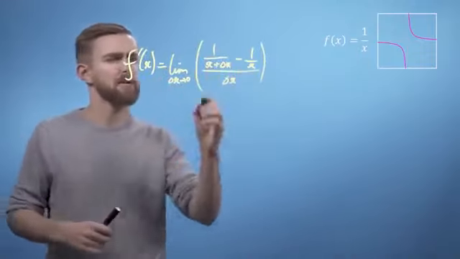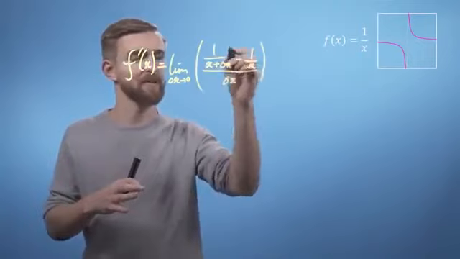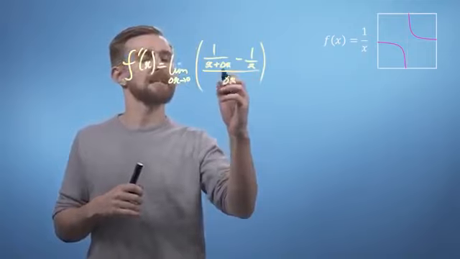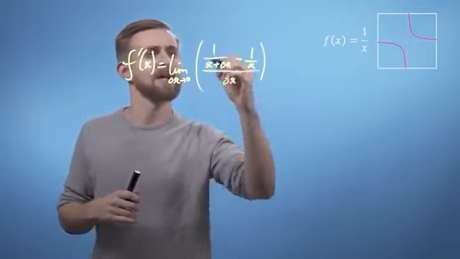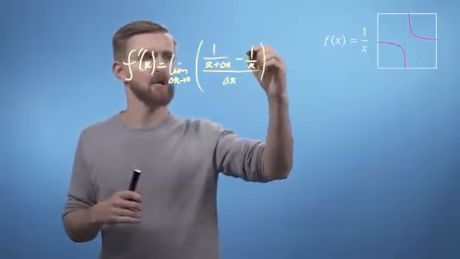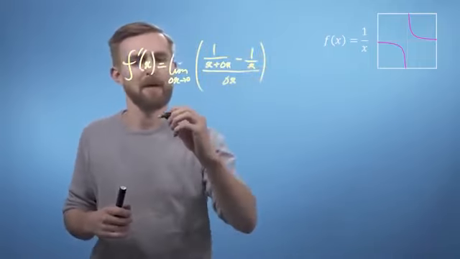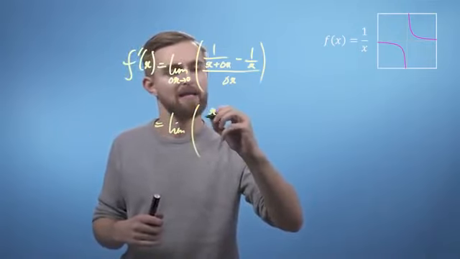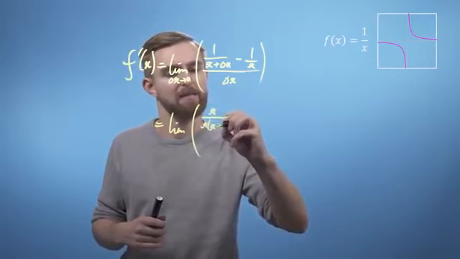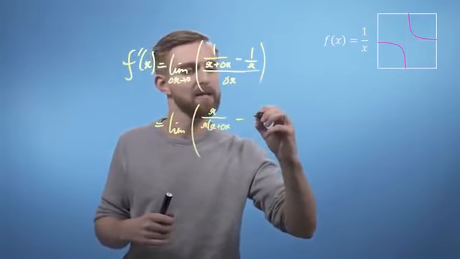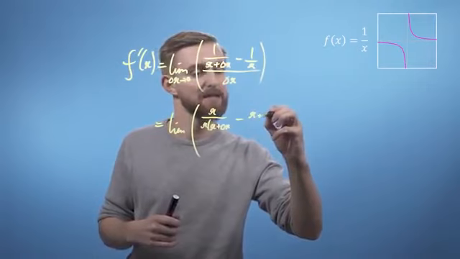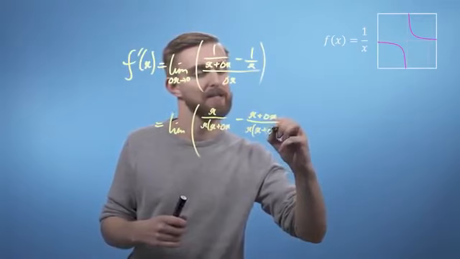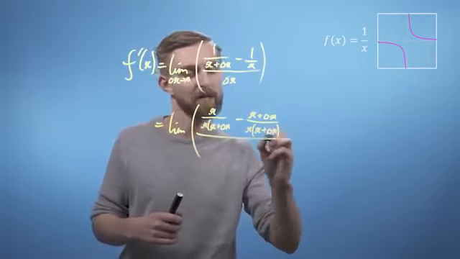And we look at this thing and we say, well, we're going to have to make this top row, the numerator, a single fraction. So we're going to have to combine these two fractions here, which means we're going to have to make the denominators the same. So we'll multiply top and bottom by x here, and top and bottom by x plus delta x here. So we can say that the limit of x over x brackets x plus delta x minus x plus delta x over x brackets x plus delta x, all divided by, once again,